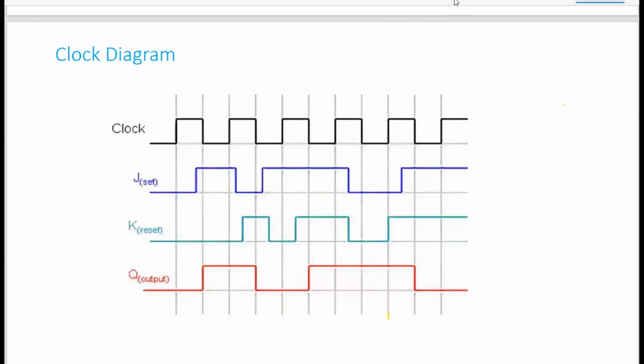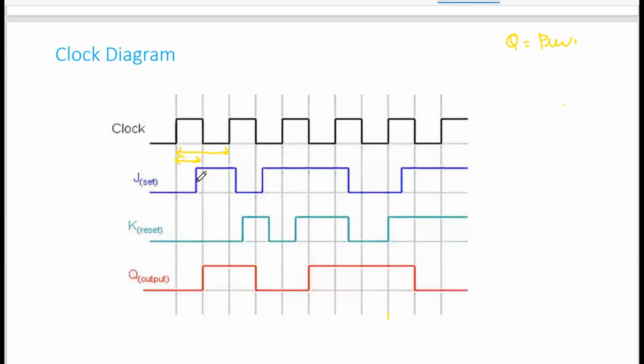So this is your clock. Here you can see this clock is high, clock is low. When clock is high, your system is on, and when clock is low, your system is off. So this can be reflected here. When clock is high for this period, initially J is 0, K is 0. So when J is 0, K is 0, your output is going to be the previous state. Previous state is this, so our output is like that.